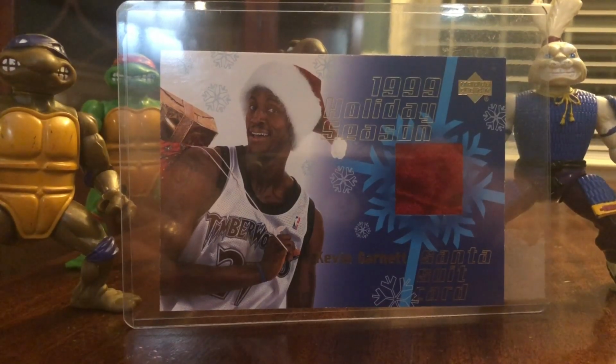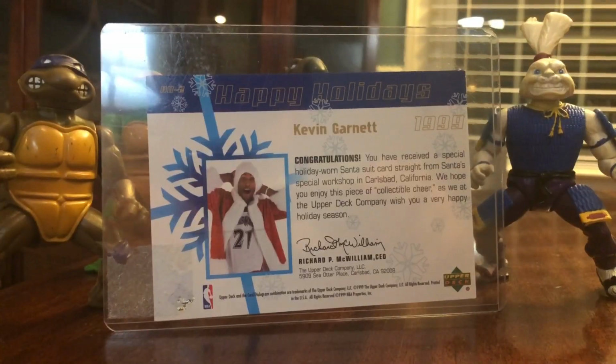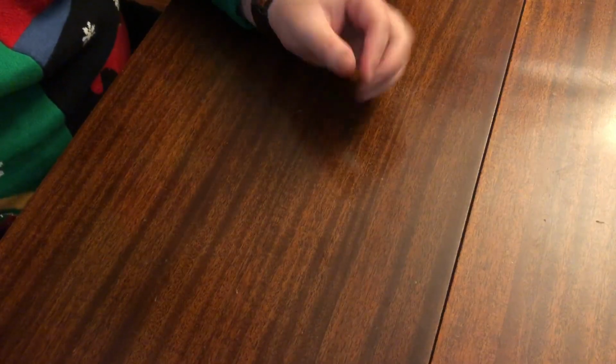Not terribly rare cards, not terribly valuable, but just fun pieces again. And I always kind of enjoyed that funny picture of Kevin Garnett in the back. Not serial numbered or anything, but a fun holiday piece. And then one of my most favorite holiday cards